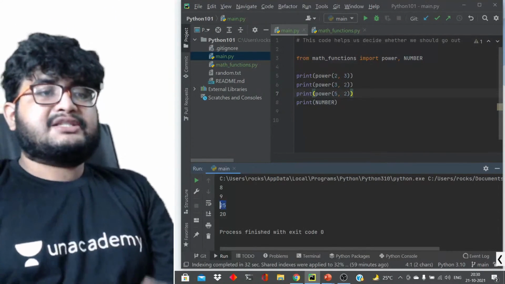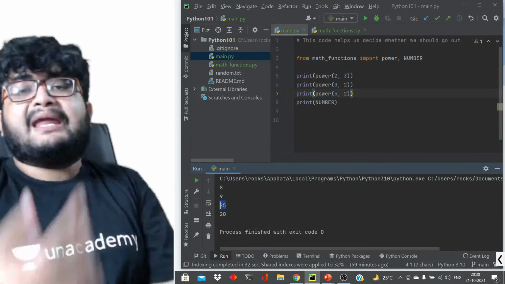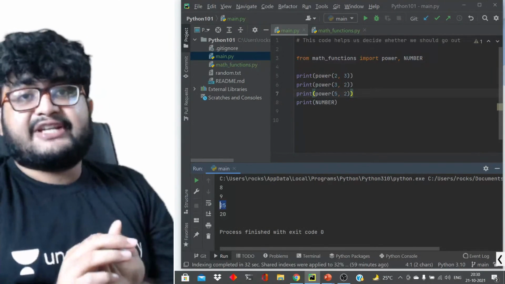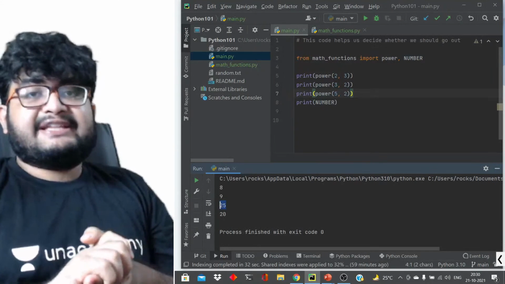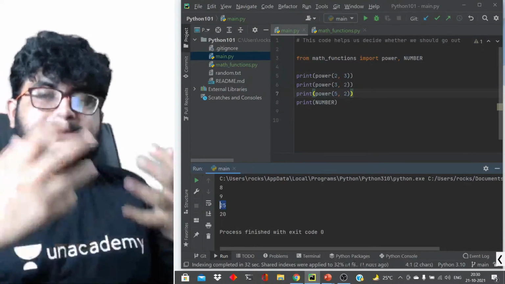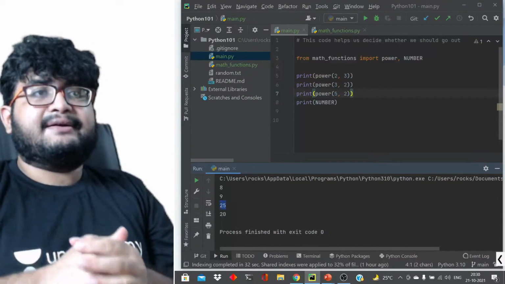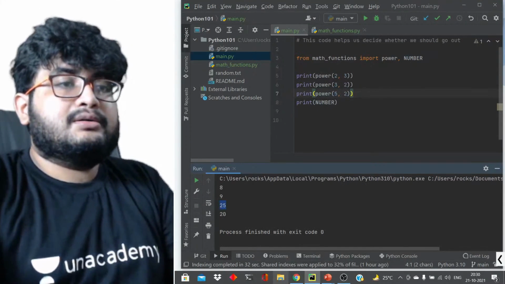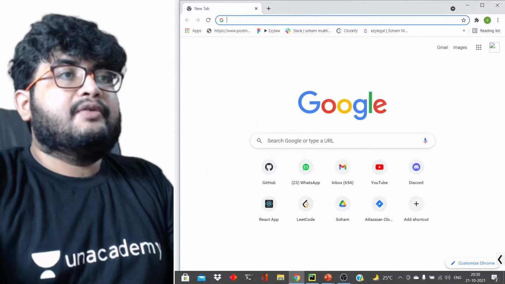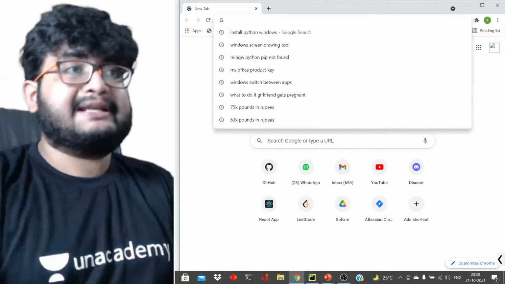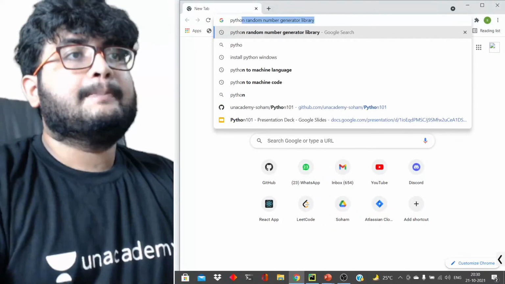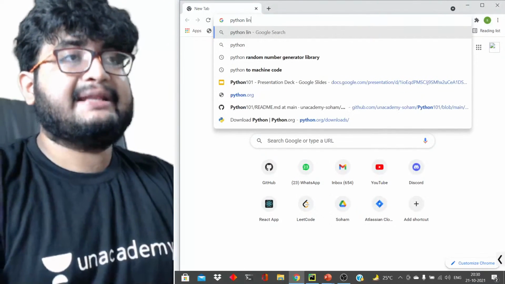Often, it's not like we will be implementing everything ourselves, right? There are some inbuilt functions and inbuilt things that are available. So we can look for the corresponding libraries, some Python library.